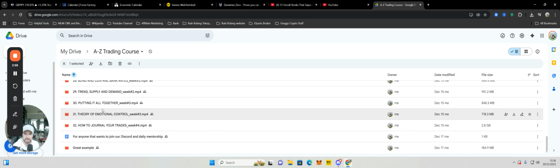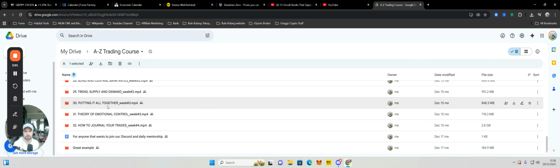Trend and supply, again, putting it all together is a very important one. How do you put fundamentals with banking data, with geopolitical events, with long-term trend, technical analysis? How do you put all of that together to select and determine what you're going to trade and which direction you're going to trade it? Am I looking for buys or am I looking for sells? All of that is in here.